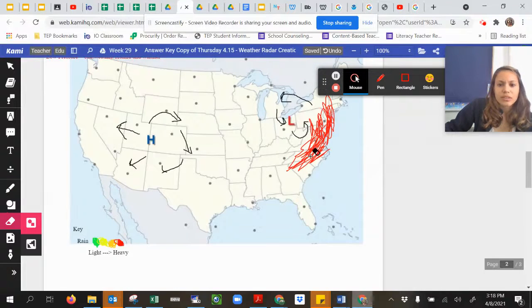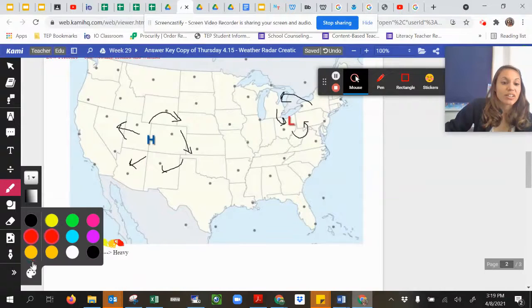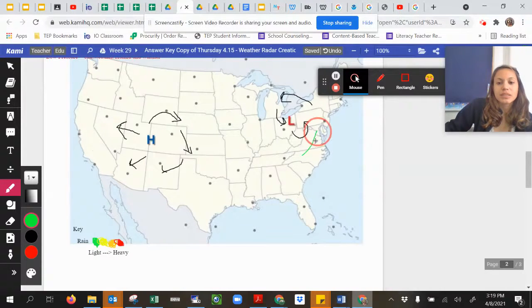Hold on, I'm going to erase this. Or you can have it be super light and maybe just have a green. I just want some light precipitation here, right? You can be creative with it, draw it. If you're on Kami, then you're drawing it this way, or you're using the markers or colored pencils that you